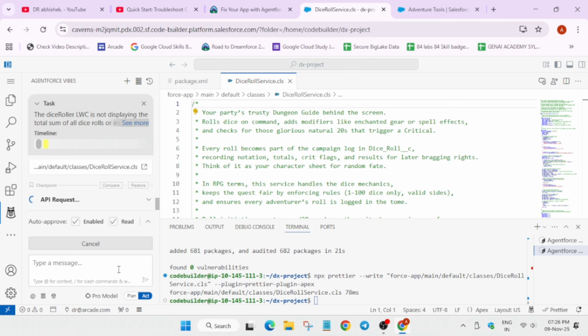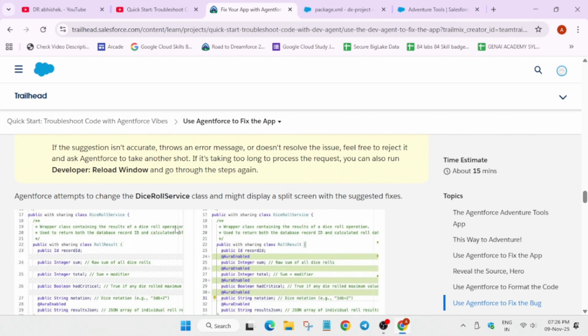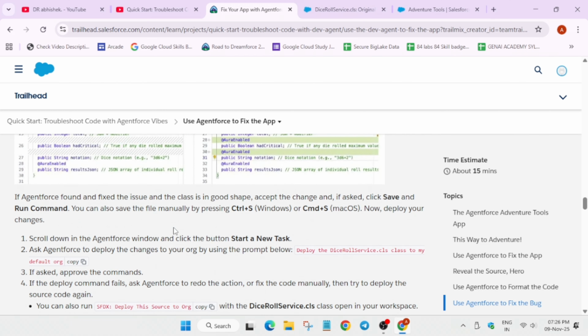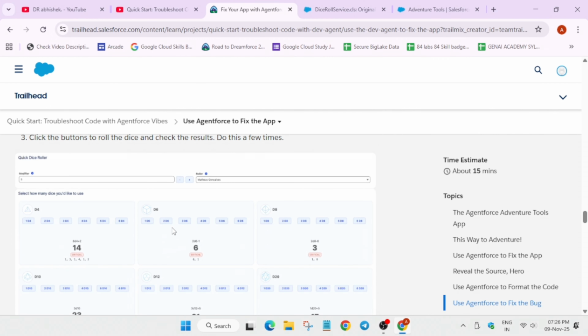So just wait for this part to get completed. It's working and just processing it. After that, if you see the lab instruction, you can see the new task which we have to complete, and